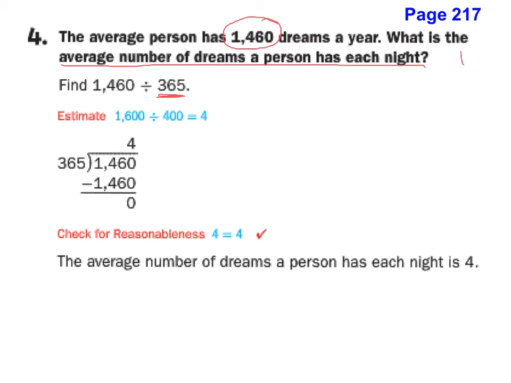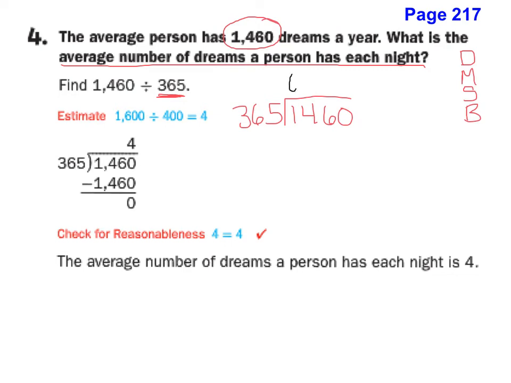So again, I'm going to do dad, mom, sister, brother. So setting up our house, 1,460, and we're going to divide by 365. And looking at their estimates, they rounded off to 1600 divided by 400 because I know 4 times 4 is 16. So getting started,